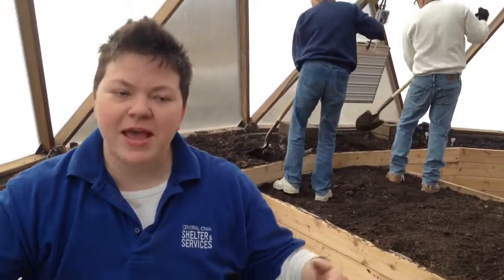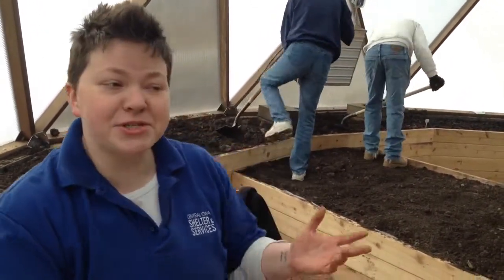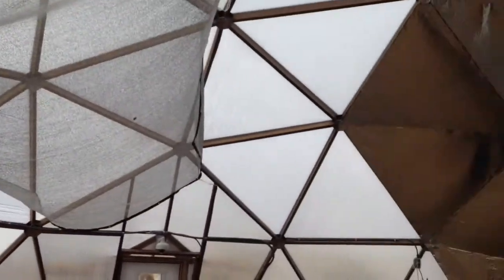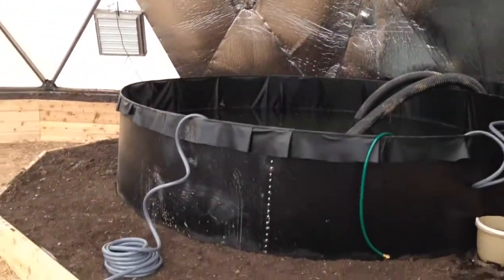Can you tell me how the CSS growing dome works? Sure. So this is a 33-foot diameter growing dome. It's provided and manufactured by Growing Spaces out of Colorado. It's pretty simple, pretty straightforward. It's simply just a dome. It's 33-foot diameter, 15 and a half feet high, and it's